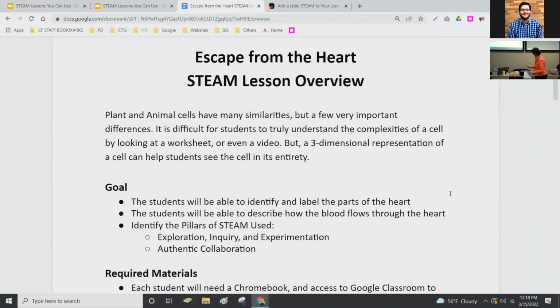Before I forget, you can also do it physical. I don't know if you guys have ever seen the physical ones. This is directly from Breakout EDU. These are great. They have all kinds of programmable locks that you can change the code for. They have ones with letters and arrows and colors and all kinds of different things. If you want to look at these, they will be available to look at when we're done.